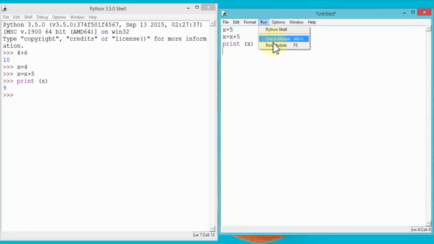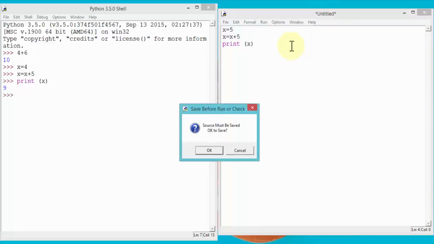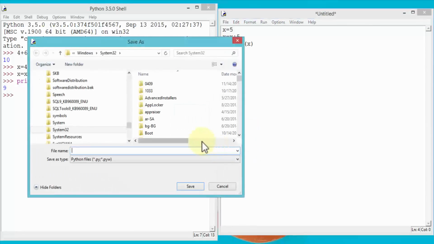There's a shortcut also. I can use my keyboard to run this module by using the F5 key. Or I can simply click on Python Shell, which takes me to the Python shell itself. But I need to run the module, so I'm going to click on Run Module, and of course it asks me to save the module first before it actually runs it. So I'm going to click OK to save it, and it brings up my window here, and I'm just going to call it first,